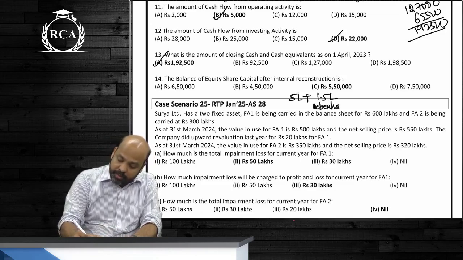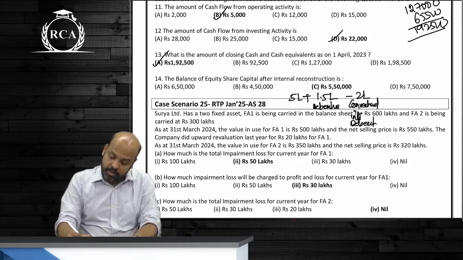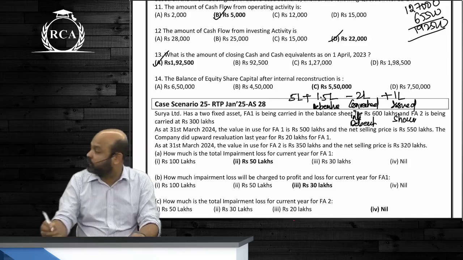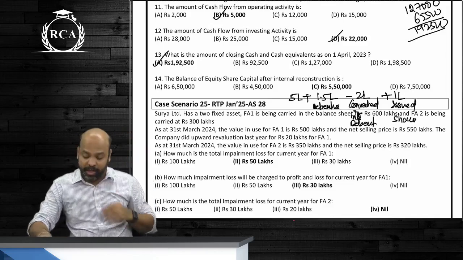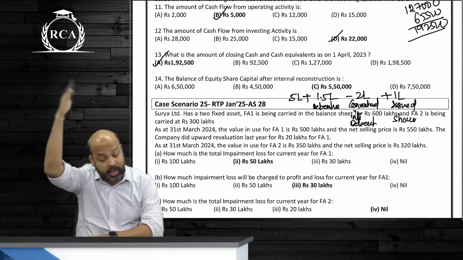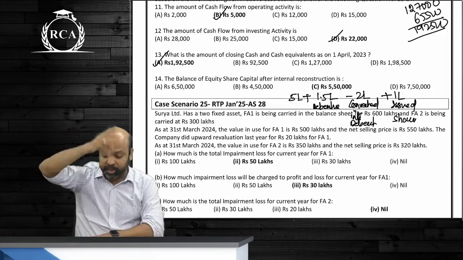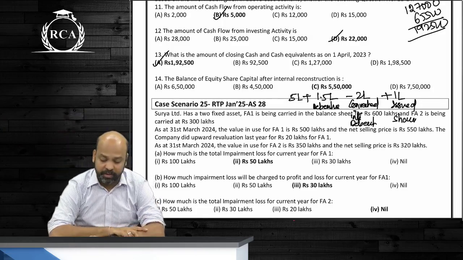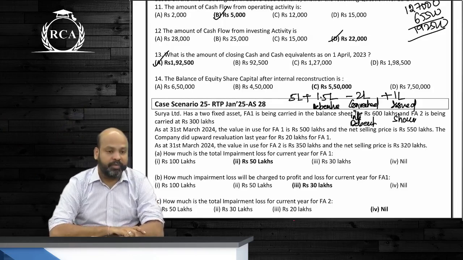Yes or no, guys? Minus 2 lakhs converted into debentures. और क्या था बेटा? Plus 1 lakh issue of shares. That's it, no? Plus 1,50,000 is what you have issued to debenture holders. Minus 2 lakhs is what you converted into debentures. Plus 1 lakh is what you have issued for cash consideration. So that will give us a closing balance of 5,50,000.